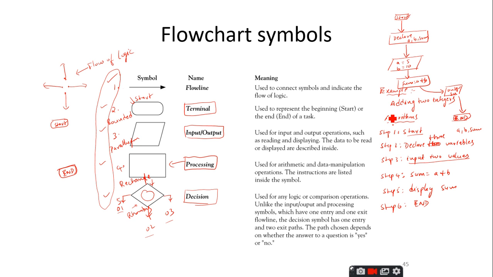So the corresponding flowchart for the given algorithm is this one. It is a very simple process of converting algorithms to flowcharts. This is how you are going to do it. If you are given a task, you write the algorithm and then you depict this algorithm with the flowchart, and based upon this flowchart you will write the program. How to write the programs, everything we'll discuss in the coming sessions.